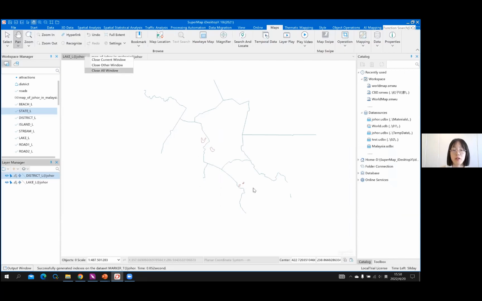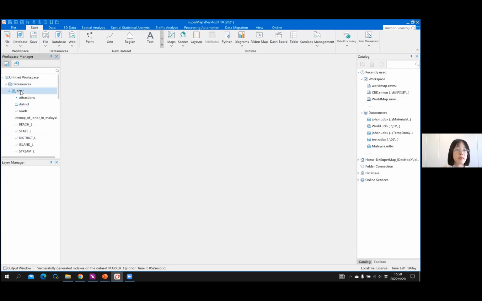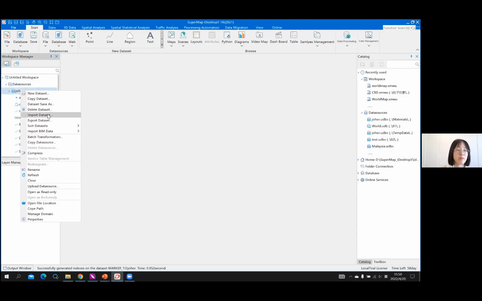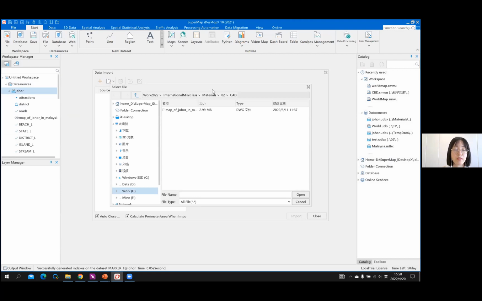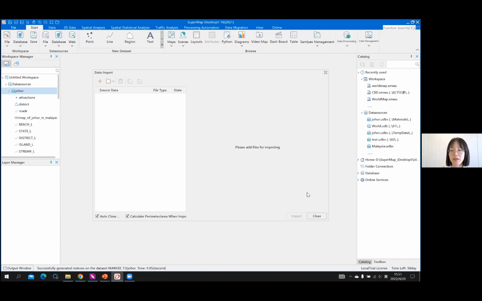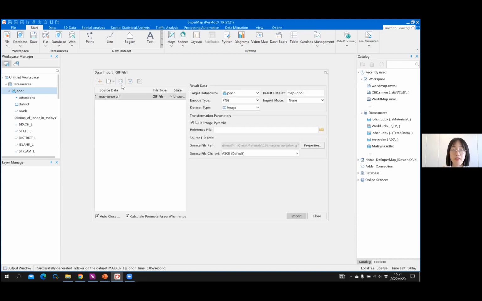Still, we can close all the windows for now. And still choose import data. Choose data import in your data source. And here first, we're going to import our image file. And this is a GIF file. We can click open. And here,